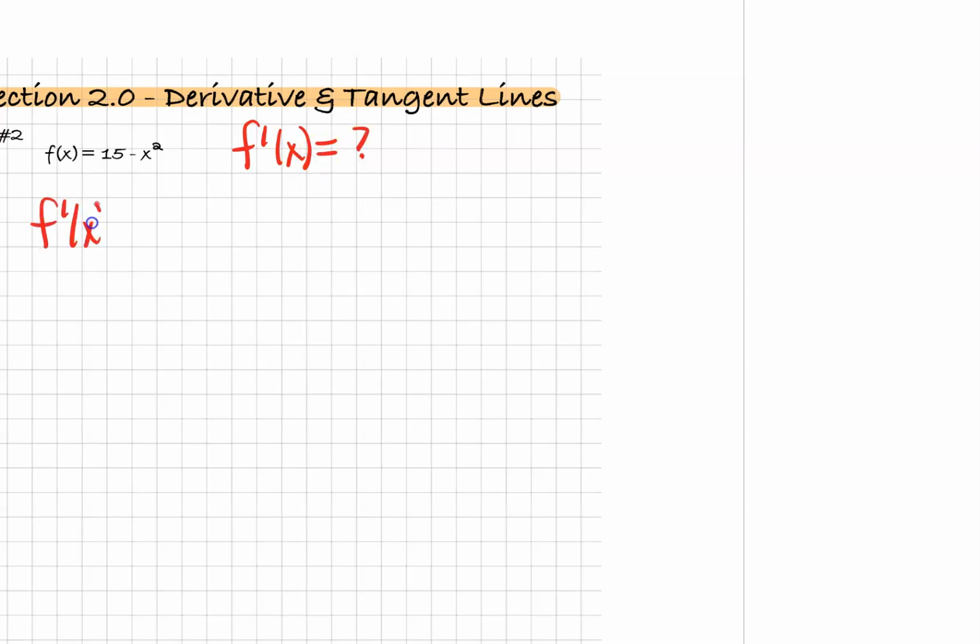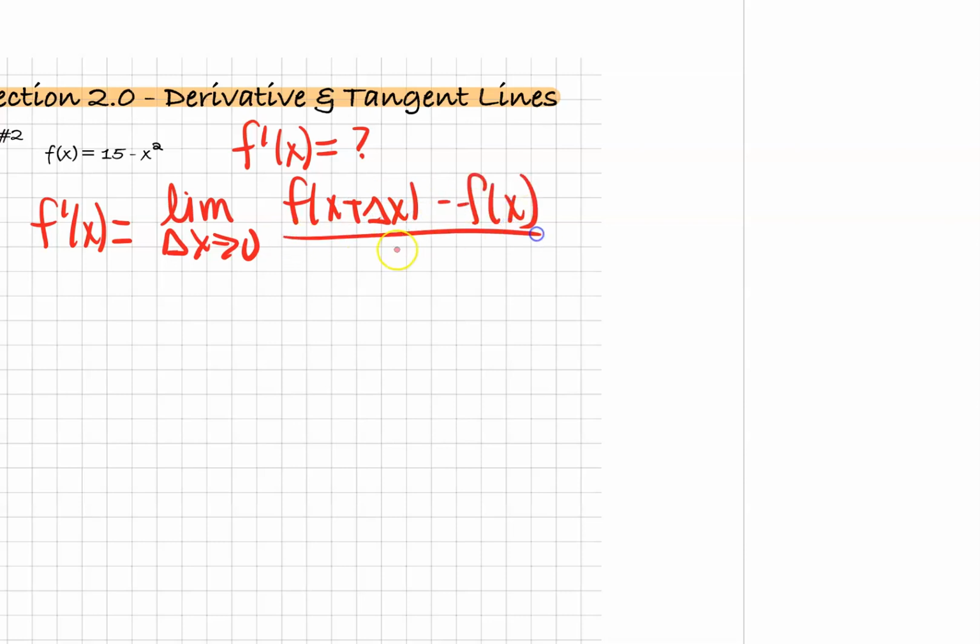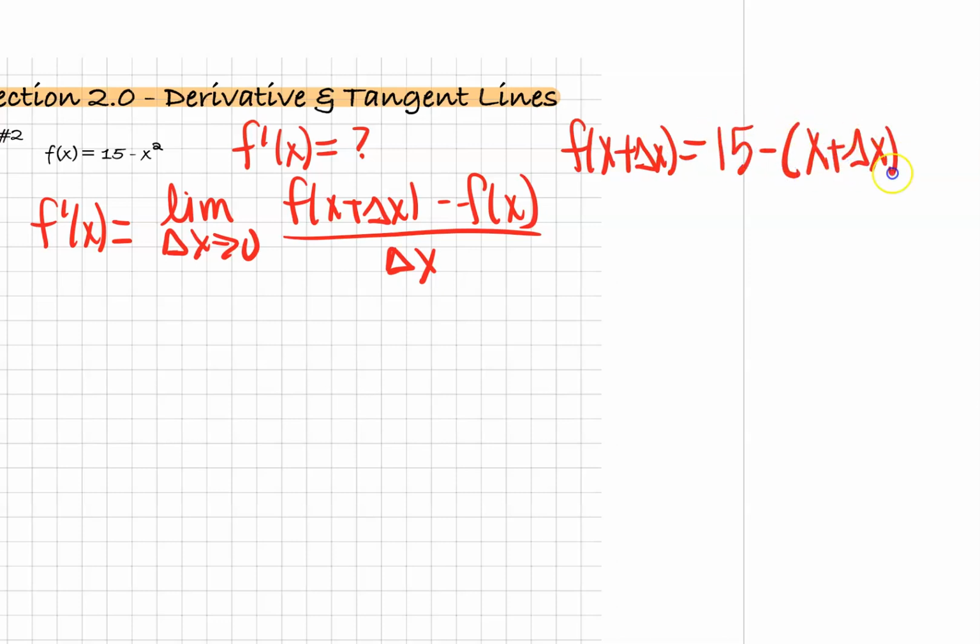So I'm going to say f prime of x is equal to the limit as delta x goes to 0 of f of x plus delta x minus f of x all over delta x. So hopefully you're writing these notes, you're seeing it, hearing it, doing it, you're retaining this. And then I'm going to fill in. So I know that f of x plus delta x is going to be equal to 15 minus that new grouping squared. So I'm going to say this is equal to the limit as delta x goes to 0 of